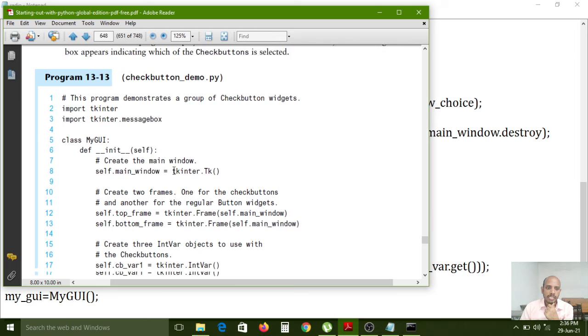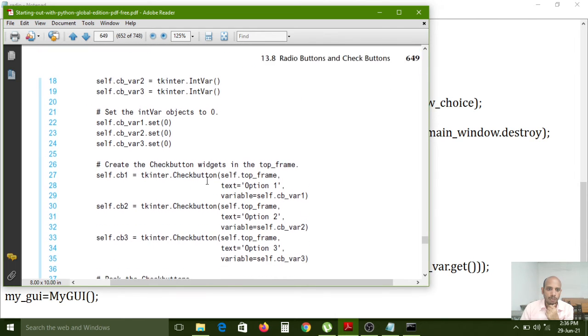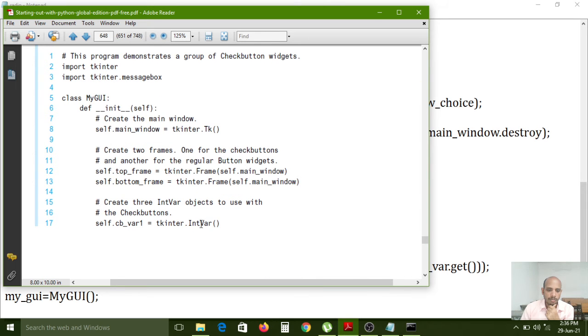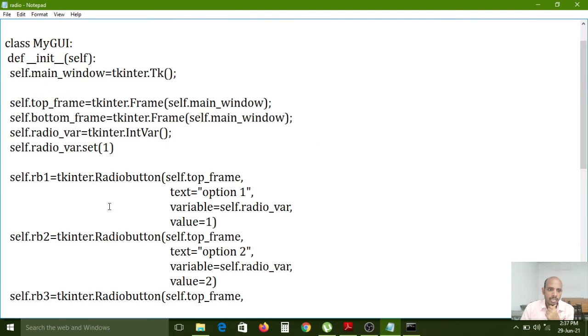So for that, with the same program you have to develop the main window and 2 frames, and after that set the value 0 0 0 for the 3 int_var objects. Here only one int_var object was created.